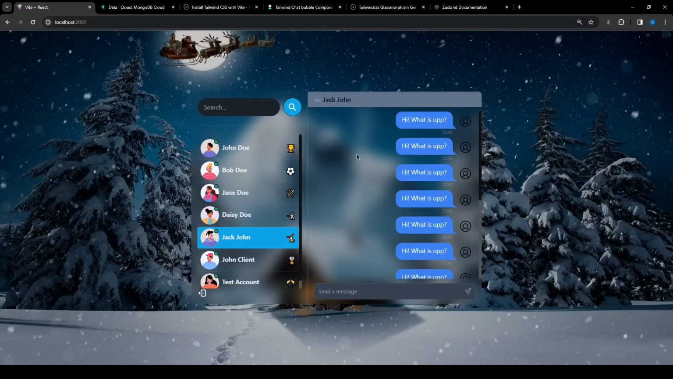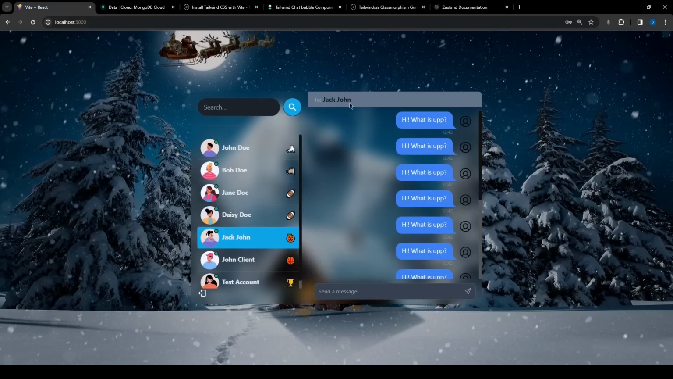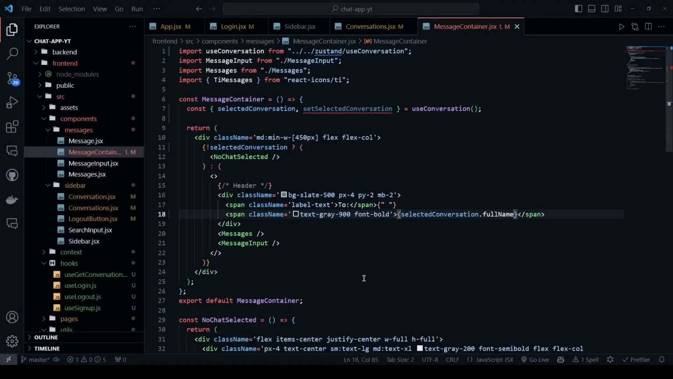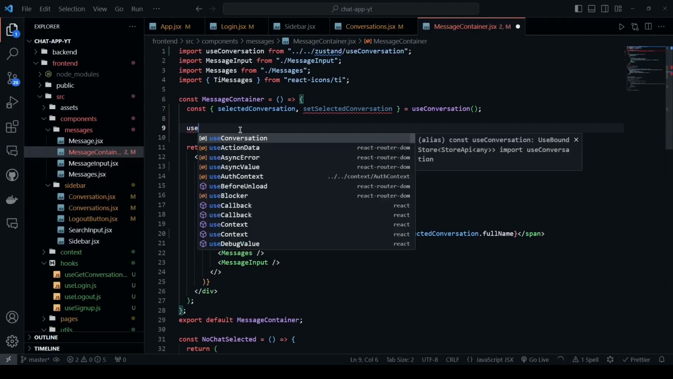Now we have one problem. When I log out, I would like this state to reset, and now it doesn't. So now Jack is selected, and if I log out and log back in, Jack is still selected, and I want to fix it. I just want to reset it when this component unmounts. And unmounting means basically when this component is no longer in the browser, so it is no longer in the view. So we'll say useEffect,